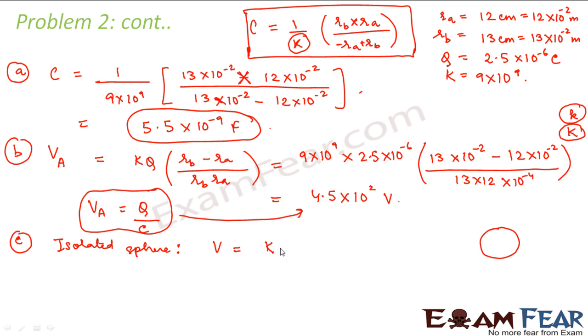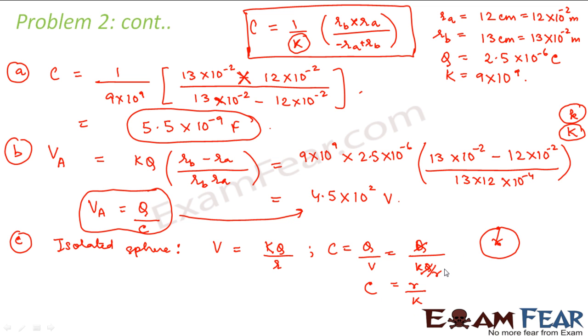Let us calculate the potential for the isolated sphere. That will be equal to KQ divided by R, if R is the radius of the sphere. So what would be the potential on the surface of the sphere? It would be KQ divided by R, right? So when I have to calculate the capacitance, that is C, C is equal to Q divided by V. Therefore, this is equal to Q divided by KQ by R. So Q will get cancelled. So the capacitance will become equal to R by K.